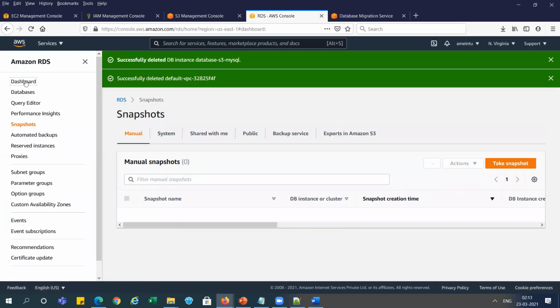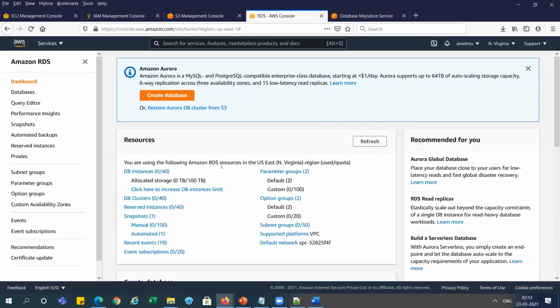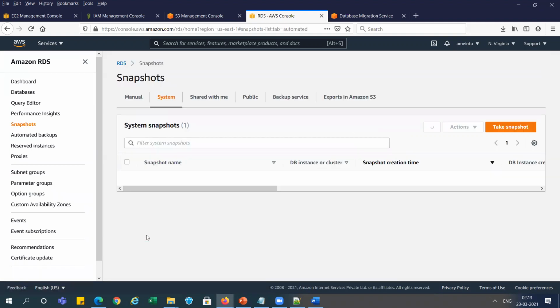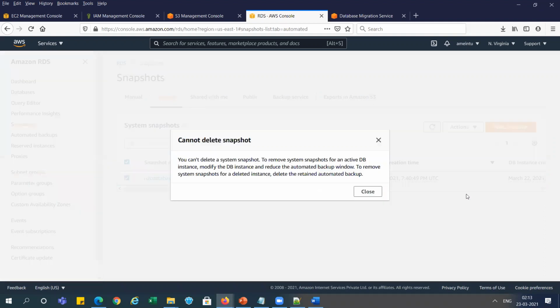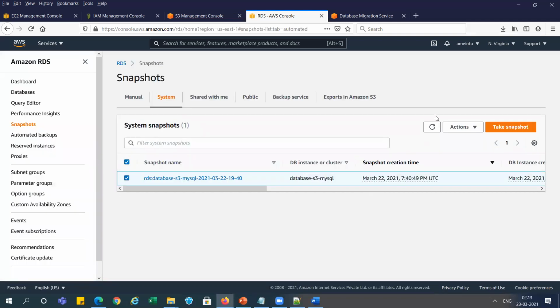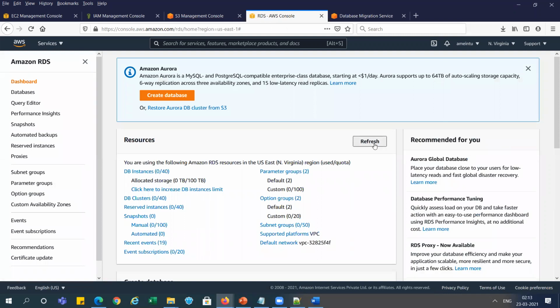Let's check all those things on the dashboard. Removing the success message, refreshing it. You can see we have deleted the automated things. Something is still showing. I think we need to delete this one also. A snapshot is there, right? It will delete after some time. Oh, we deleted it, right? Because we chose not to keep one at the time of deletion. Just let me refresh it. You can see we don't see anything here. Now we are good from the RDS side.